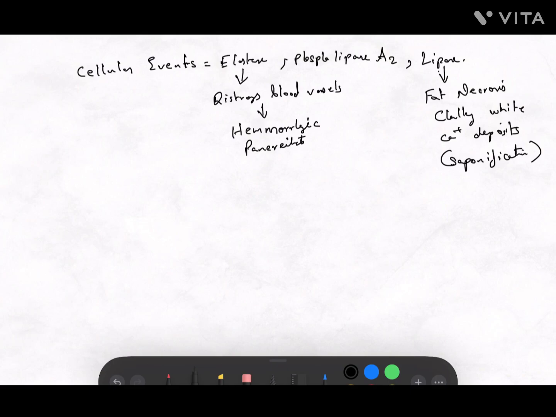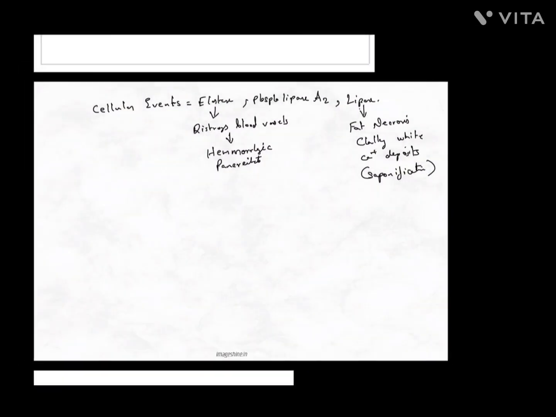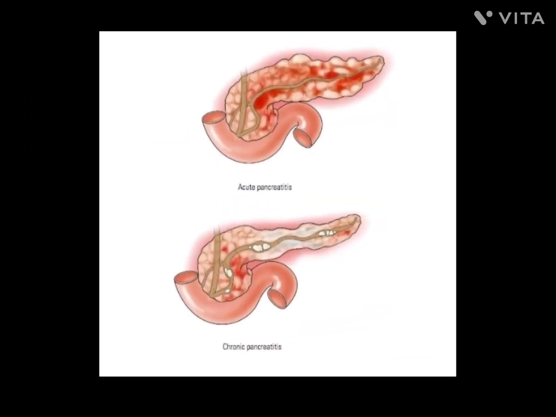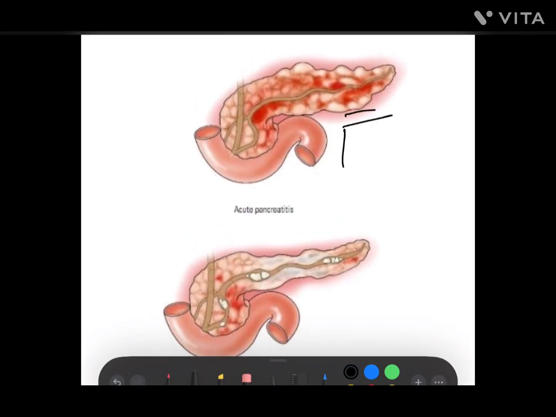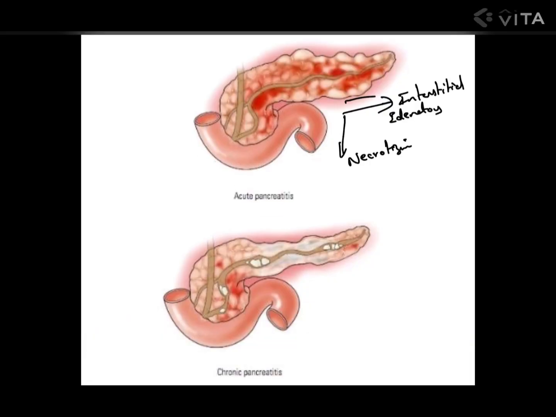Next one, we have a total of 2 different types of pancreatitis, as I already mentioned before. One is acute and the second one is chronic. In acute we can see 2 different types of pancreatitis. One is interstitial edematous, and next one is necrotizing. Interstitial edematous is mild and the most common type of acute pancreatitis, and necrotizing is severe with high mortality. Okay, necrotizing pancreatitis means it will be severe, with high mortality.